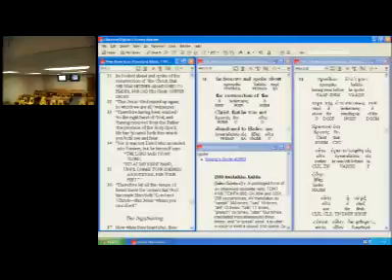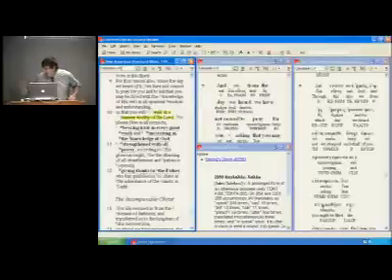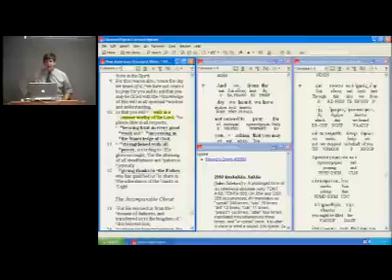How many of you write in your Bibles? I'm going to teach you how to write in your Bible. Now, before we start to electronically write in our Bibles, I want to ask you some questions about how you write in your Bibles. When you write in your Bible,